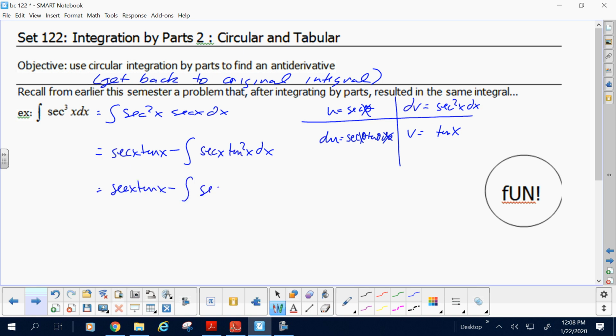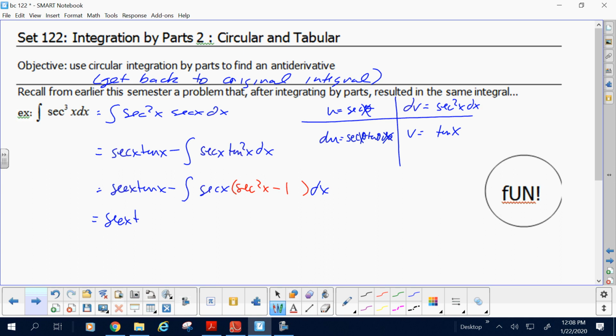Okay, so in place of tangent squared, you're putting in the identity. Did you say secant squared minus 1 or 1 minus secant squared? Secant squared minus 1. All right, so we get something like